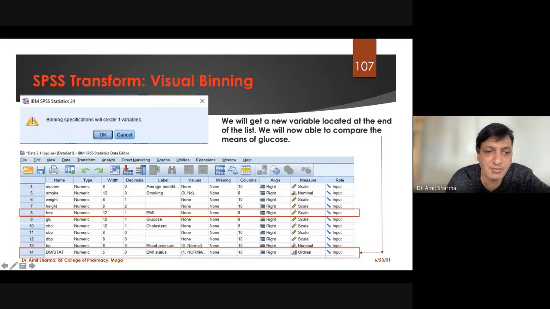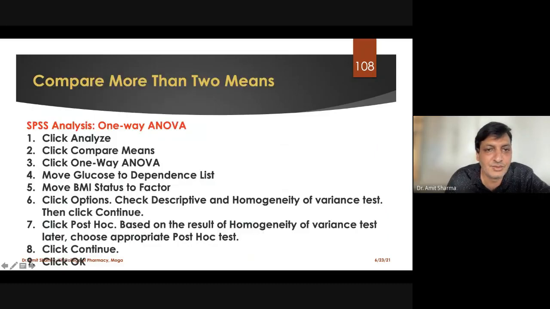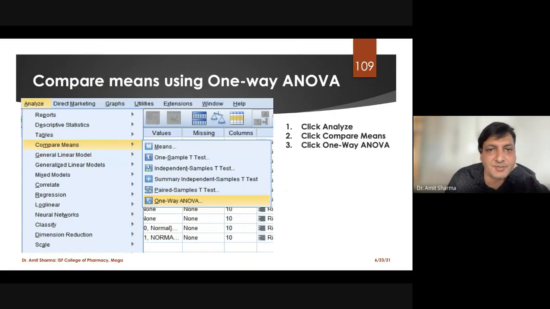You are going to use BMI for the test, which is given at serial number 14 at the bottom. So this is the step of ANOVA. If you want to take a screenshot, you can, or I'll directly show you in the SPSS software how to do it. Go to Analyze, go to Compare Means, and you can click on the test called One-Way ANOVA. So Compare Means is the command for all the parametric tests.